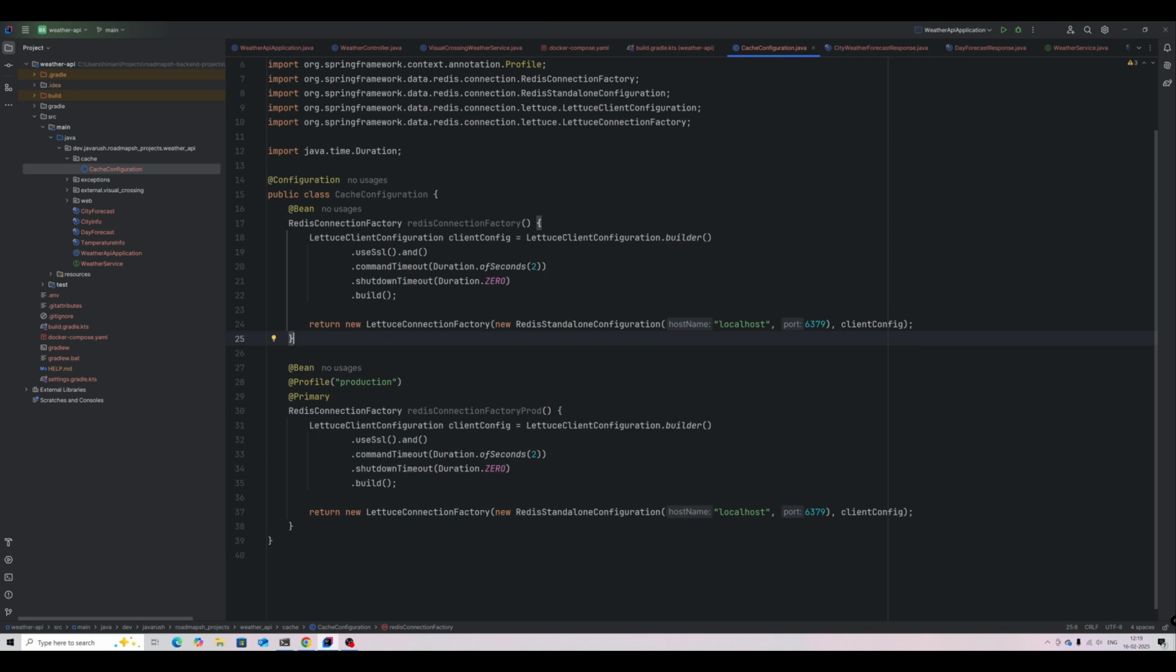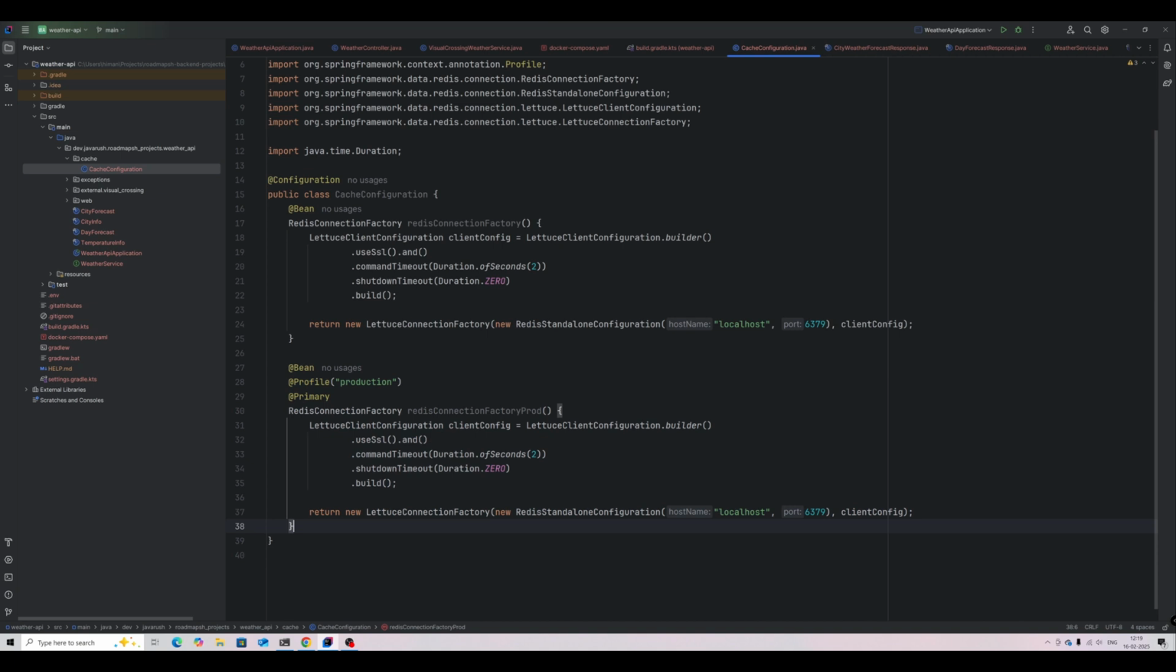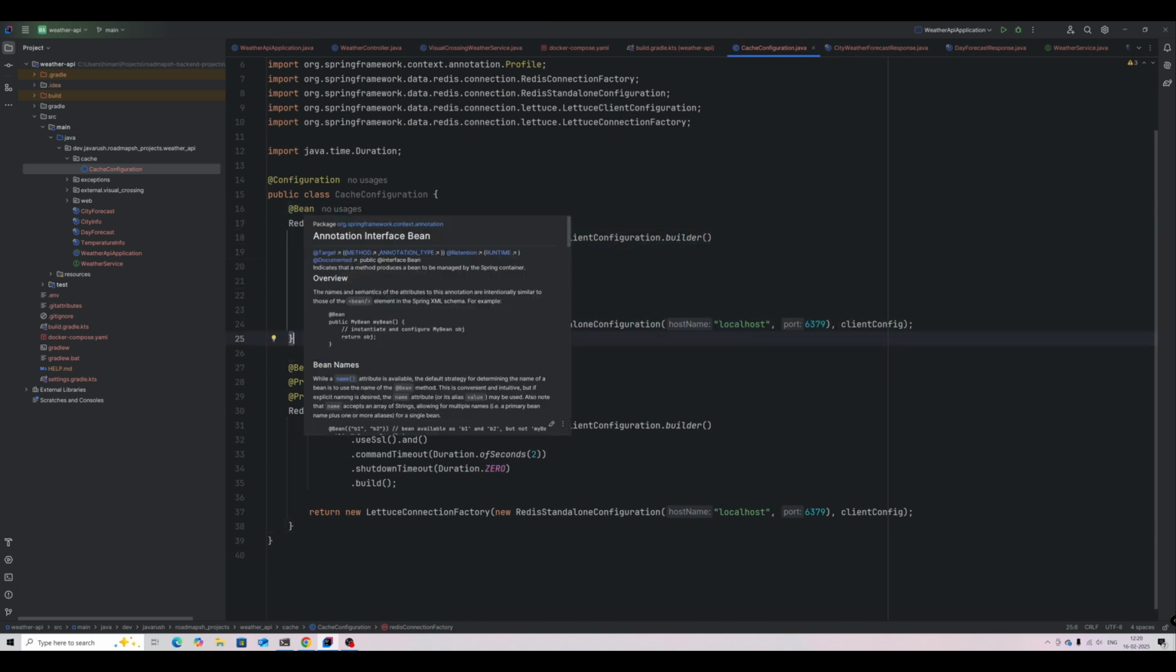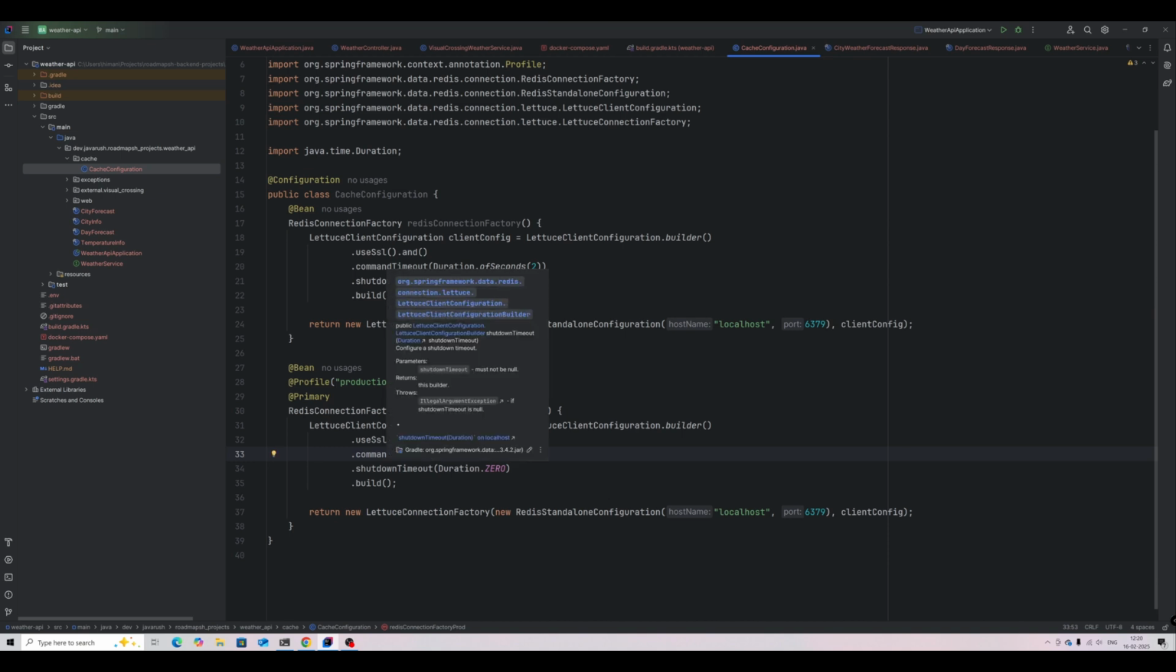But if we are running the application in production, then this bean will be available. Also, this bean will also be available because it doesn't have any profile or any annotation. But whenever we require a bean of type Redis connection factory, then this will be used because this is primary. Now we have the timeout for the command. So whenever we set or get any value, there is a timeout of 2 seconds, and then we have shutdown timeout of 0,